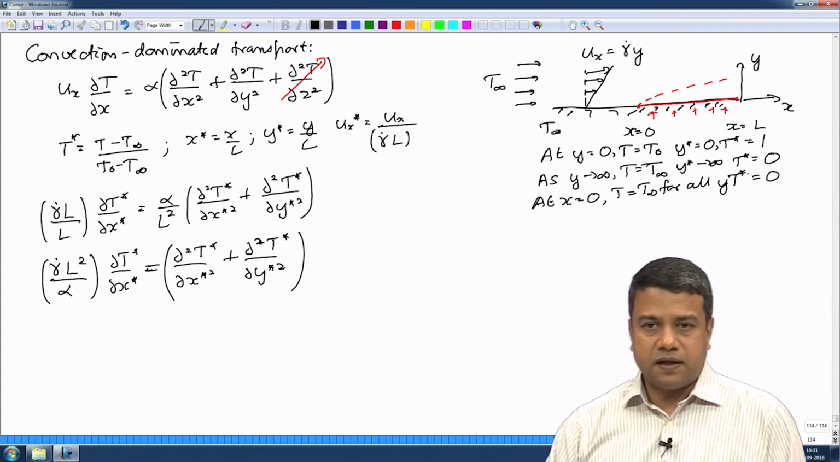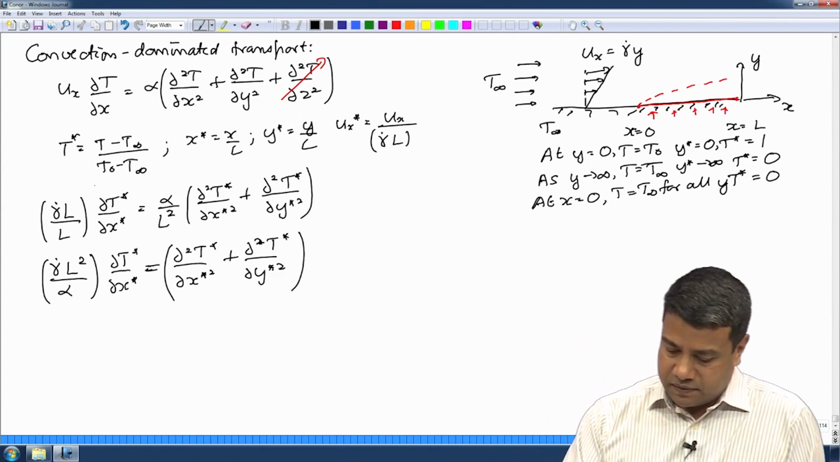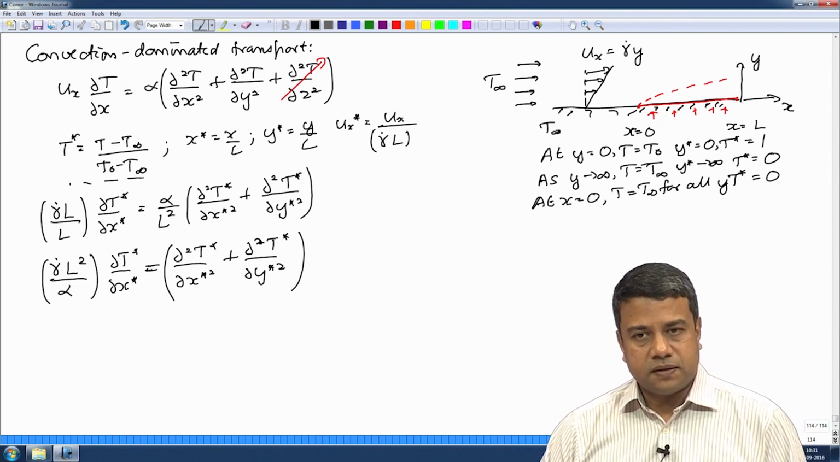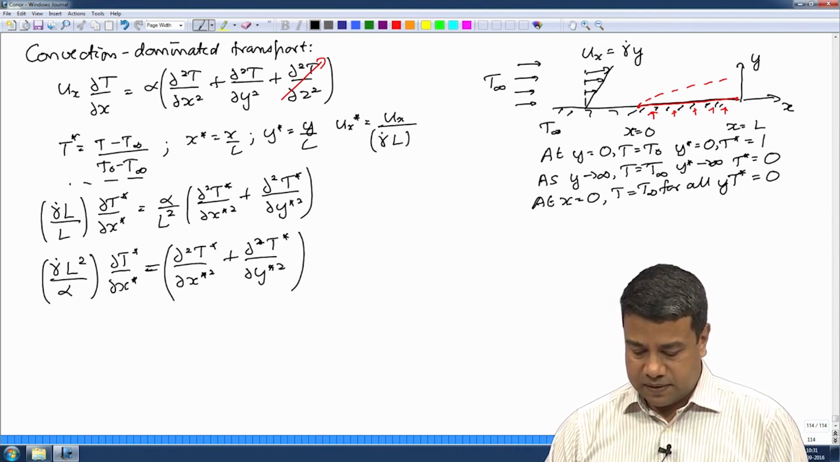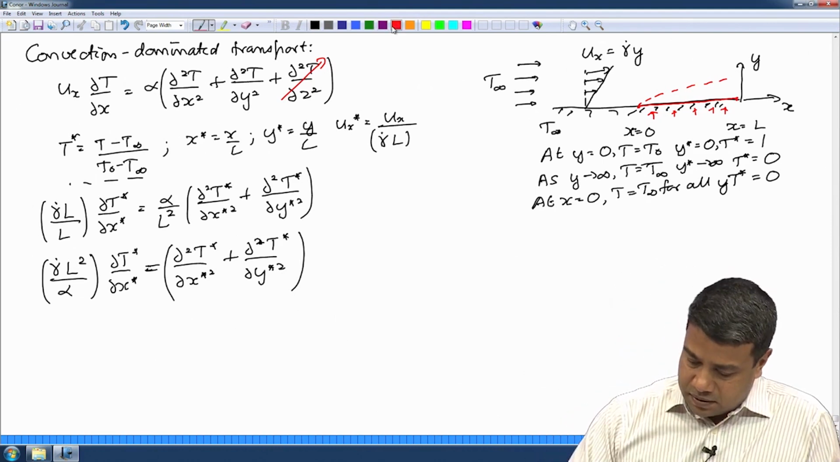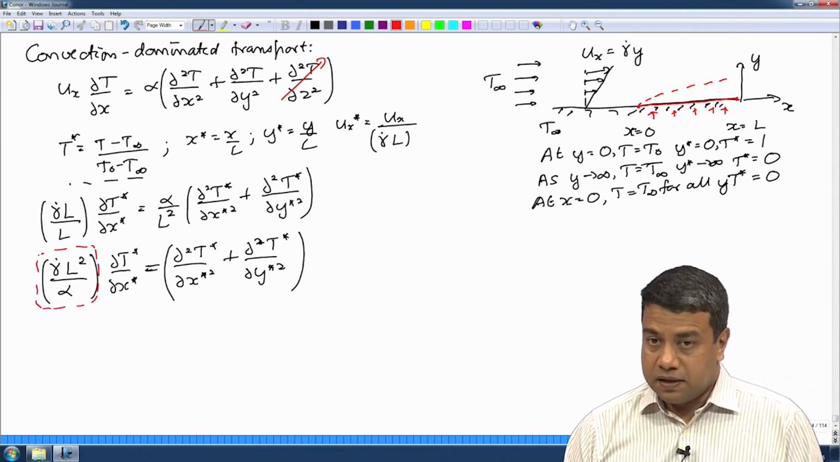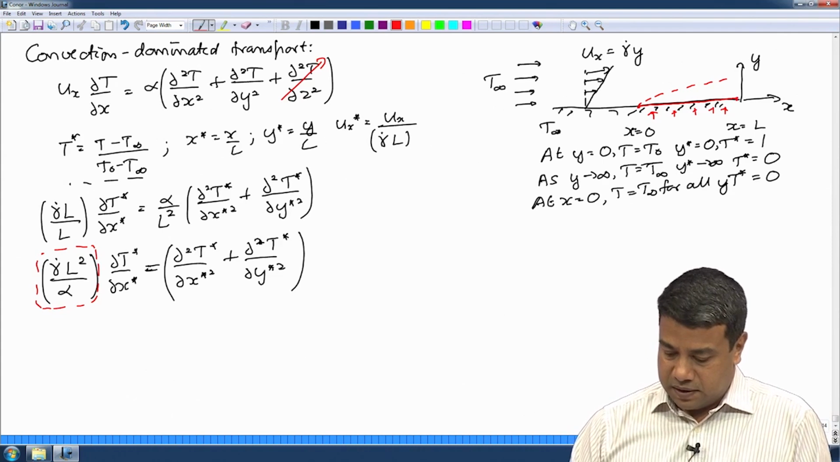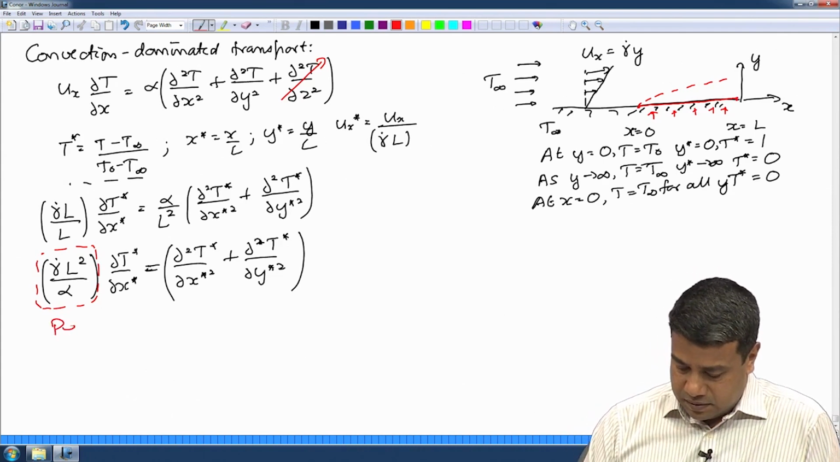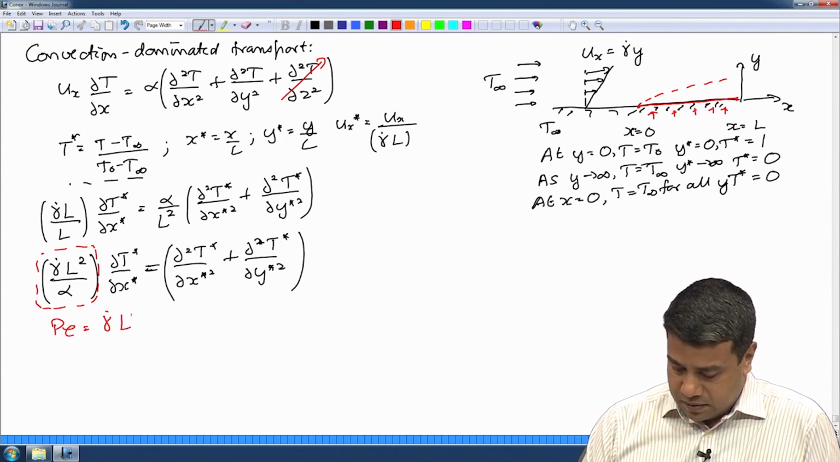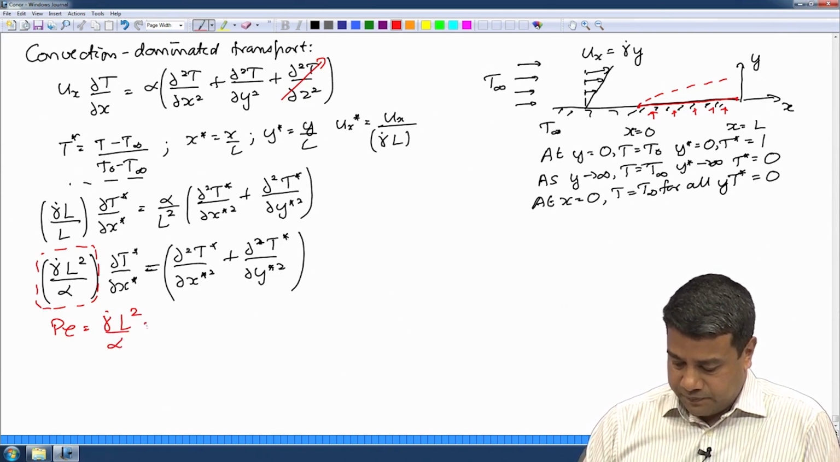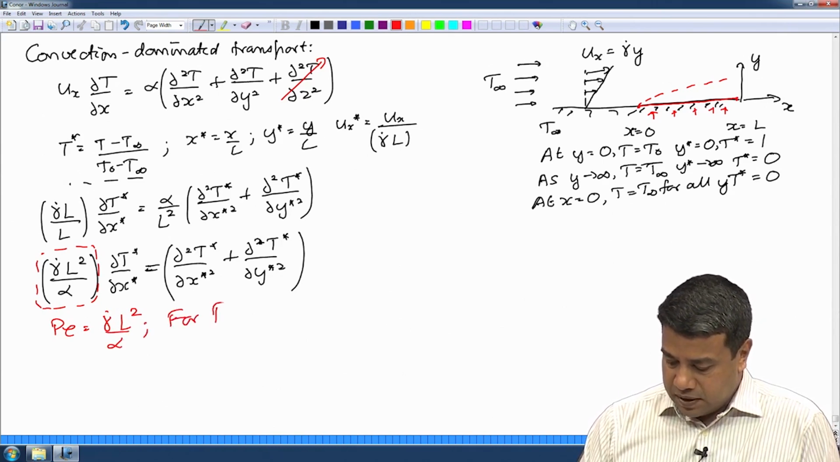T equal to T infinity corresponds to T star equal to 0 from the scaling, and T equal to T naught corresponds to T star equal to 1. Now, this is the Peclet number for this problem. In the limit of high Peclet number,